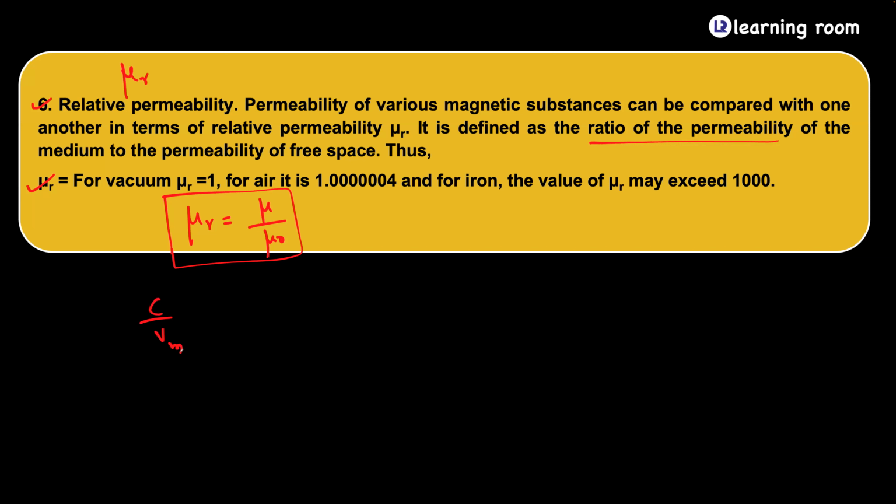You are comparing it with the known quantity. C ன்றது known quantity இல்ல, 3 into 10 power 8. இது மட்டும் தான் வேரி ஆயிட்டு இருக்கும். இது வேரி ஆக ஆக, what will happen is refractive index will change. சரியா? நான் எதுக்கு இவ்வளவு ஸ்ட்ரெஸ் பண்ணி சொல்றேன்னா, physics also has a grammar. You need not memorize anything. You understand the concept. அந்த per unit length வரும்போதெல்லாம், if you understand what is the logic, you need not